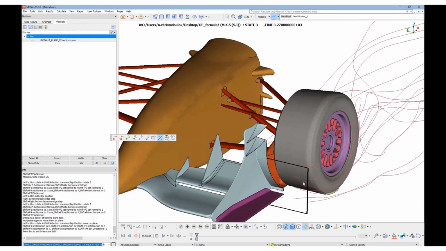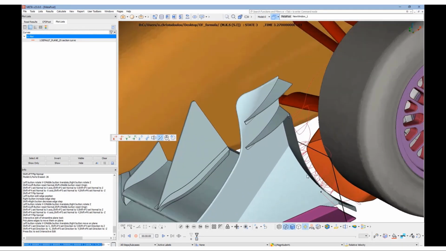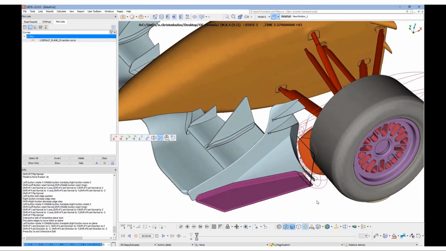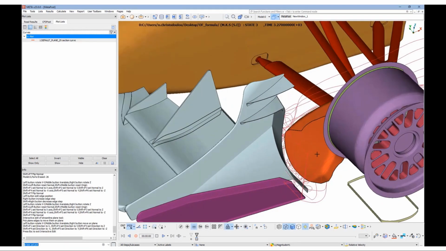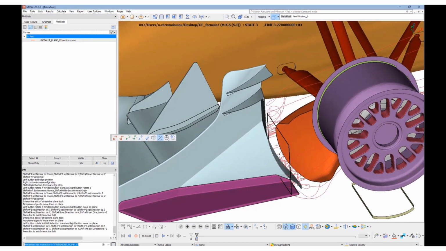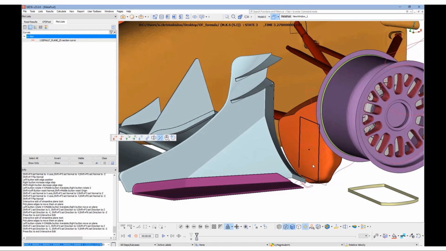So we will resize the plane in order to fit at that location. Let's hide some PIDs in order to make it easier. And now we are good to go.